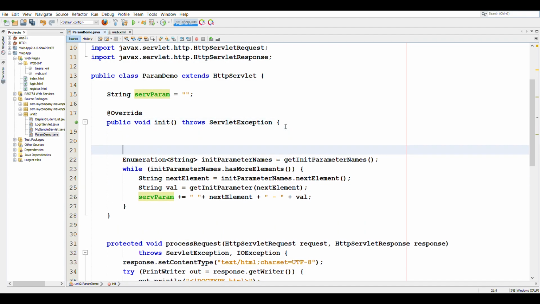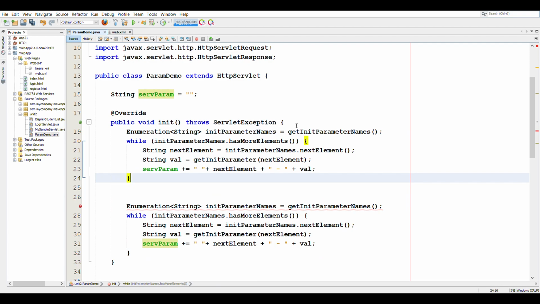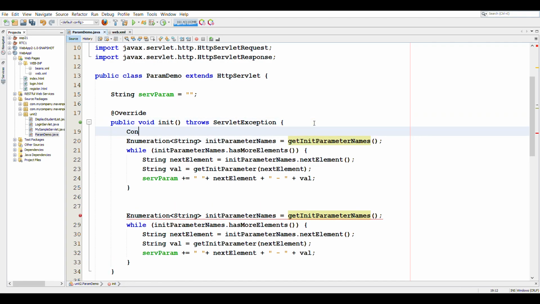The only difference will be that instead of calling getInitParameterNames on the current object, we will be calling it on the context object. So to fetch the context, we will use ServletContext. This is the servlet context that we will get using the getServletContext method. And now to call the method getInitParameterNames, we will use this context object.